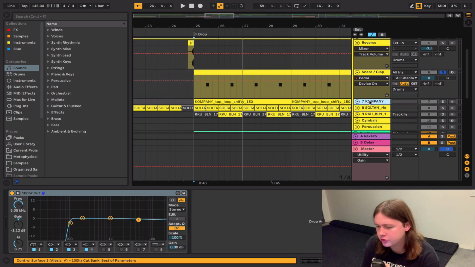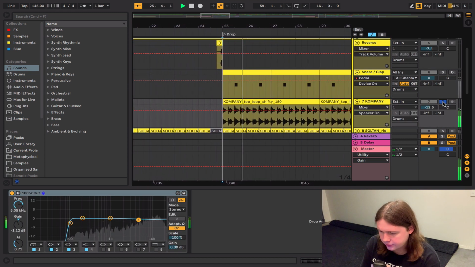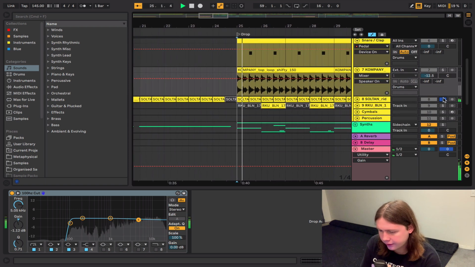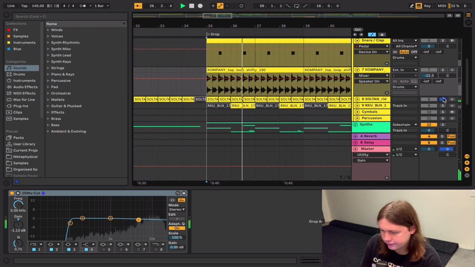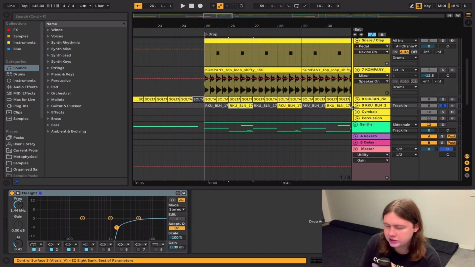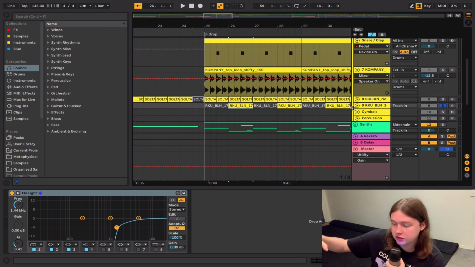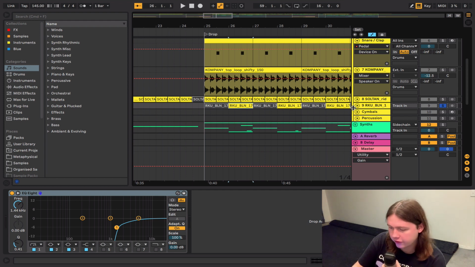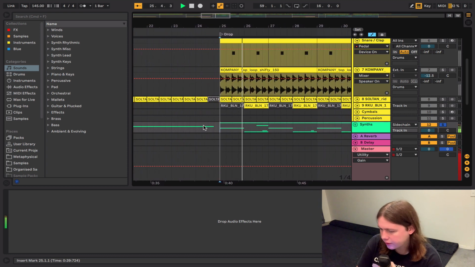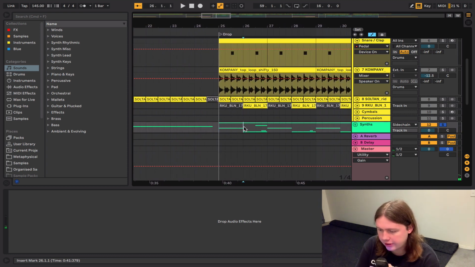From there, we've just got some top loops, just something on every beat. We've got this ride, just on every odd beat, and then we got this top loop, which is only on the response parts of the drop. So for the call, which in this example is the riff, there's no top loop, but when the response comes in,